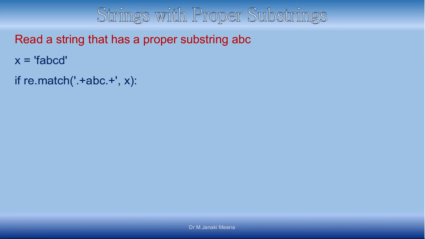How can we write the expression? We are going to see the next operator, plus. Star and plus are closely related. The meaning of star is 0 to many occurrences. Plus means 1 to many occurrences. At least once it should occur. That is the meaning of plus. So when I say dot plus, it means that at least one character should be there. It cannot be 0 characters. When I do not want anything, maybe it can also be empty, then I should put star. But when I put plus, it means that at least once it should occur.